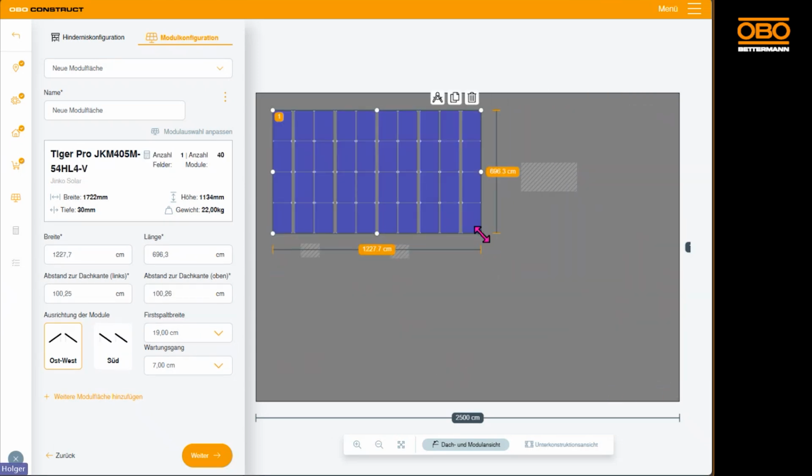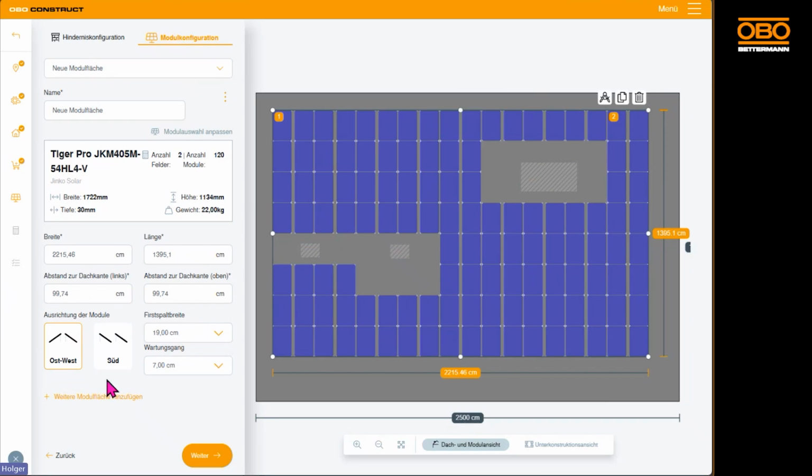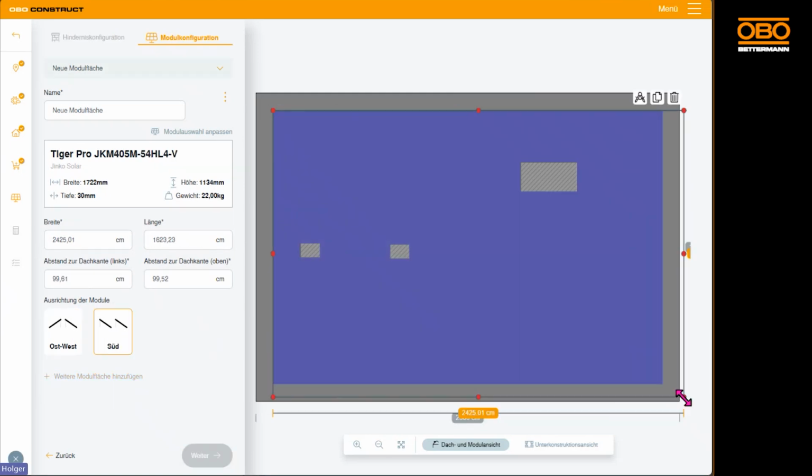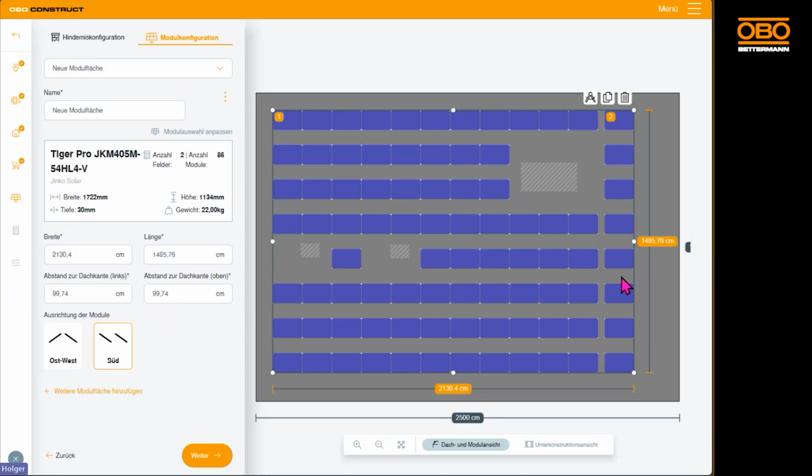I can, of course, also manually adjust this, or even change the orientation. Currently, it is always initiated in the east-west orientation by default. However, I can quickly switch it to a south orientation, and by using the mouse over function, I can now